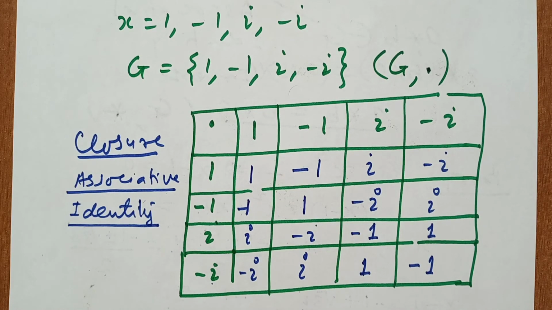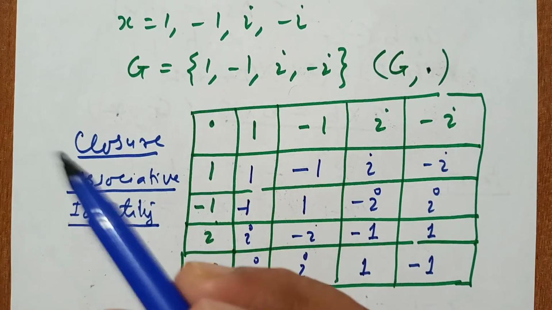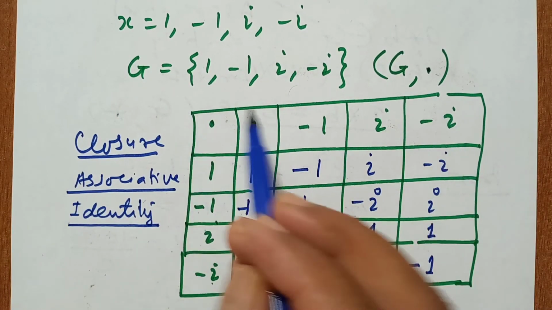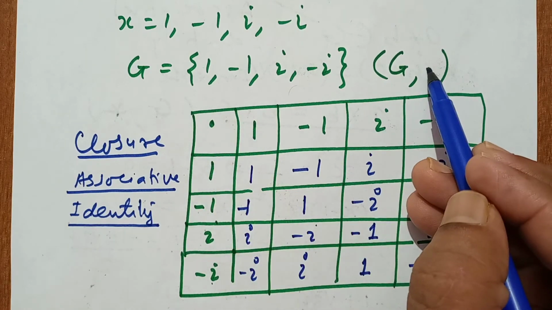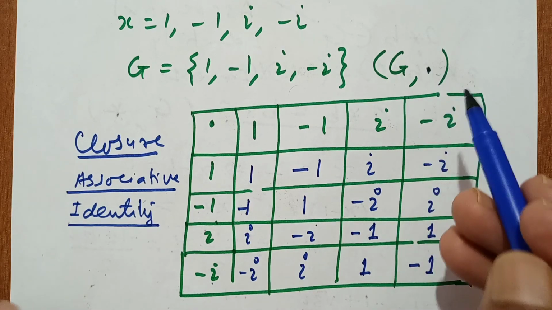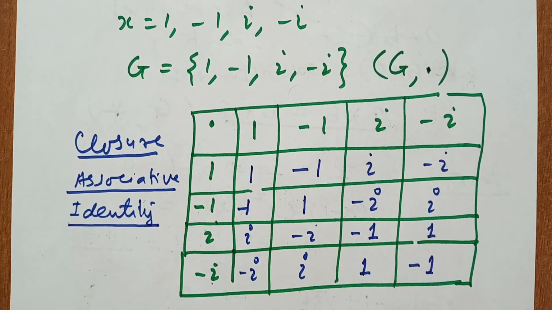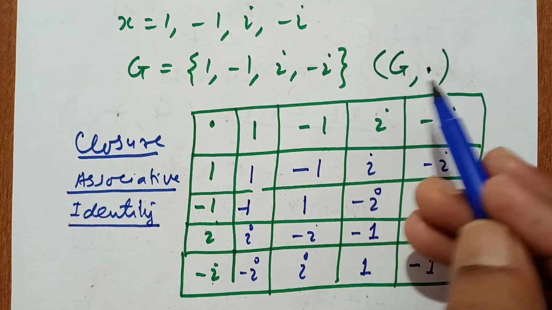Now we need to explain the next law, the inverse axiom. What is inverse? In the set, all the elements have their inverse. Here what is the operation? Multiplication. So we have inverse means division. In the case of multiplication, inverse is division. But in the case of addition, inverse is negative, just the opposite, positive, negative.